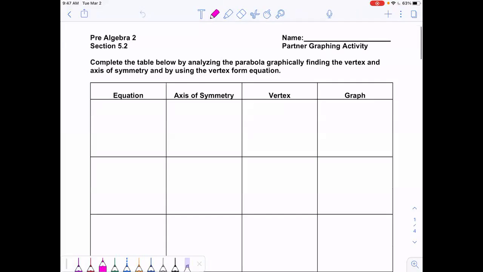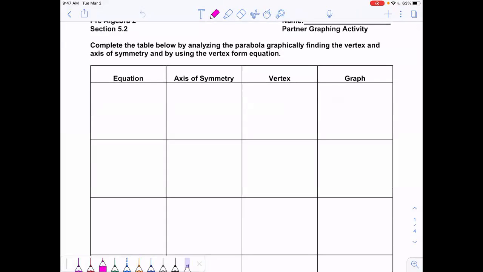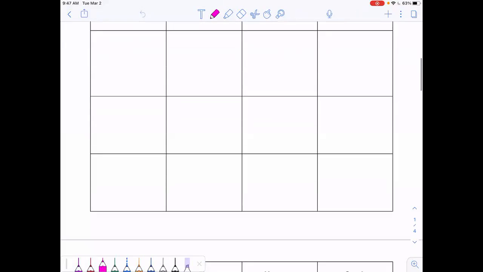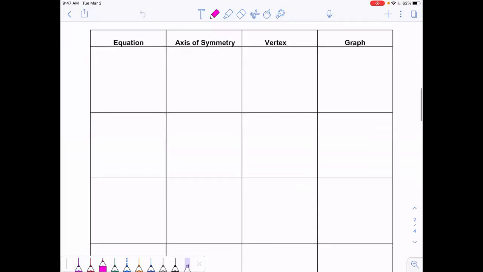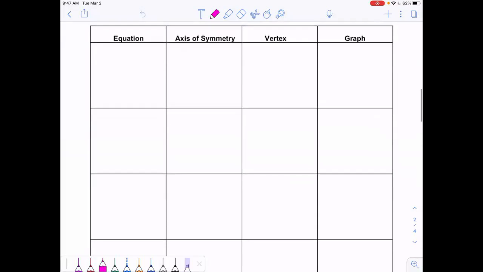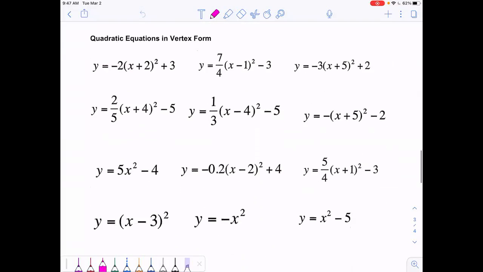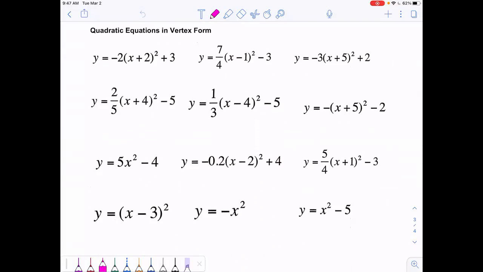So there's this wonderful table here, and in the table we are going to be analyzing parabolas graphically, which is kind of what we've been doing, except that you're going to be given the graph, and we're literally going to be seeing if we can match an equation and a graph together. So if you scroll down, I'm going to start this with you. This little table is where our equation is going to go, the vertex, the axis of symmetry, and the graph. But if you go to the third slide, keep on scrolling down,